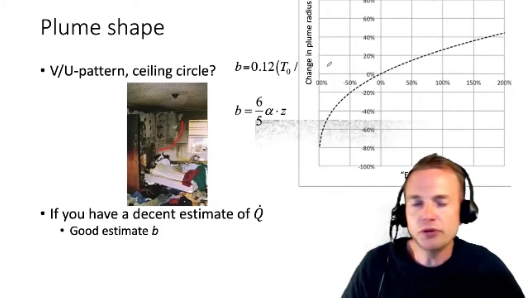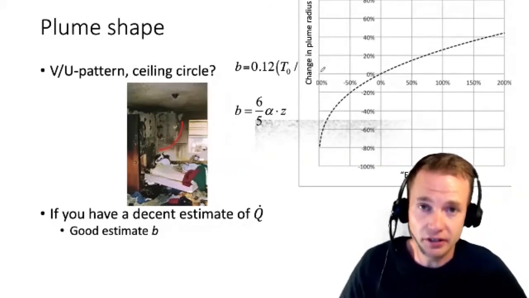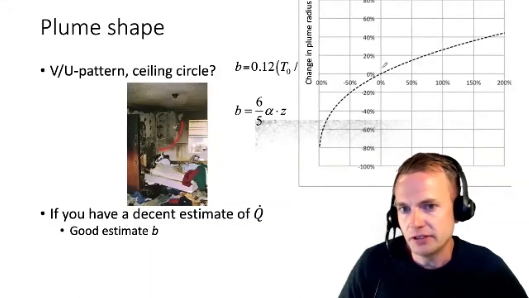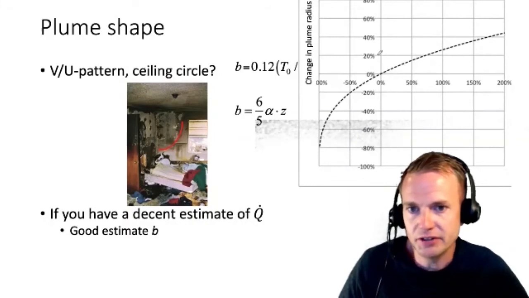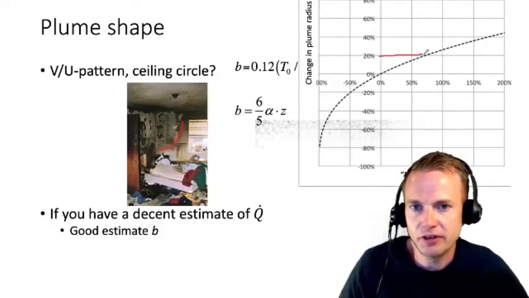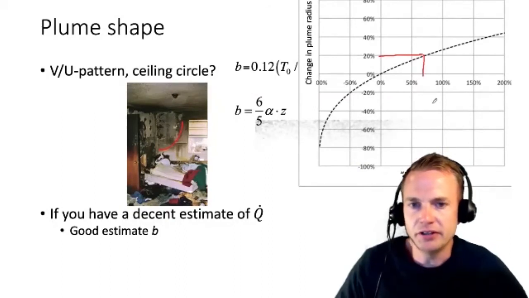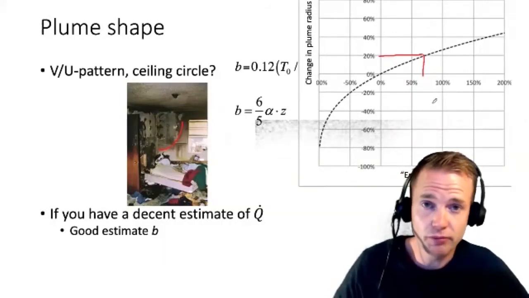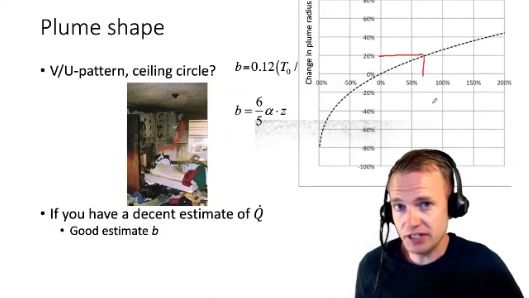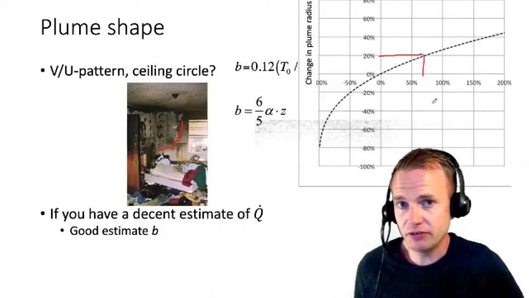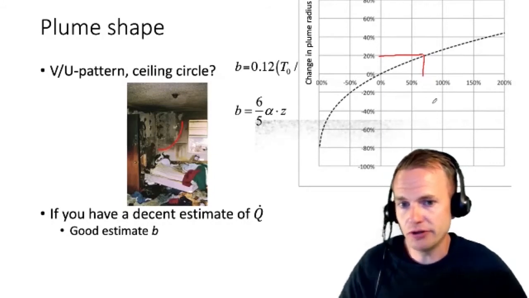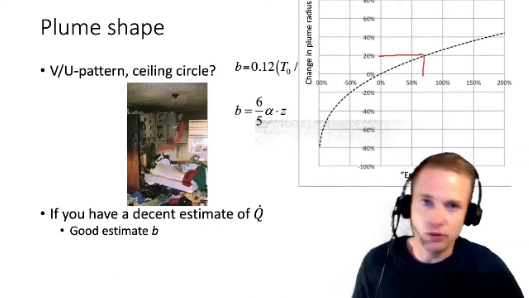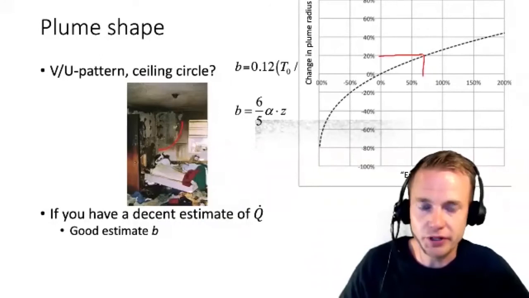But now if we do the backward calculation, similar to as we did in the flame height, we see that there could be problems if we have an error in the plume radius of, let's say, 20% in our measurement. That would yield an error in our HRR of maybe 70%. And that's of course problematic if we now, based on what we see on the scene, want to do some more detailed calculations. Let's say we want to use the HRR that we find here in a zone model or a CFD model